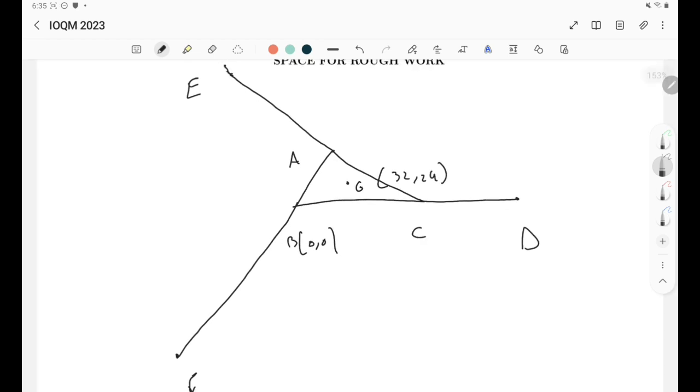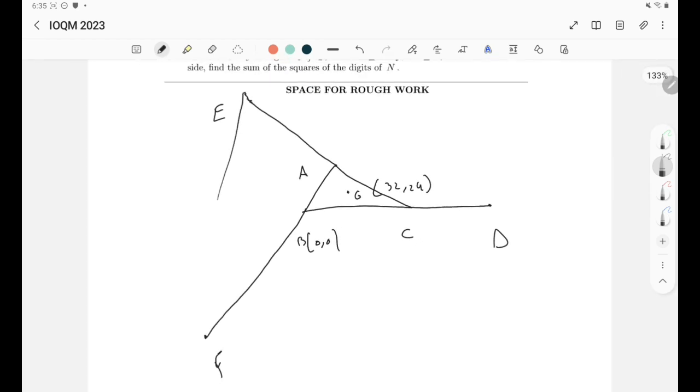And they're saying that the centroid of the big triangle, this one, is K, and they want us to find the length KG. Okay, since we know we have some coordinates, let's calculate the coordinates of the other points. Let's call this (XC, YC), and let's call this (XA, YA), and for sure we can find everything in terms of that. Easily, because B is the origin, this is (2XC, 2YC),